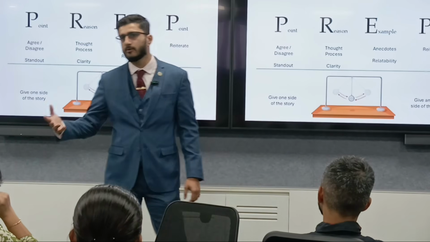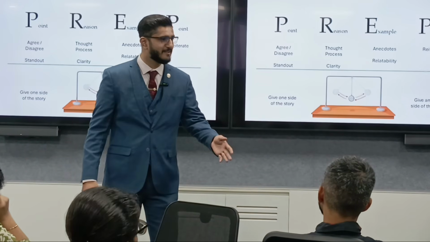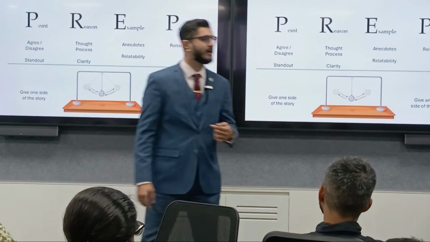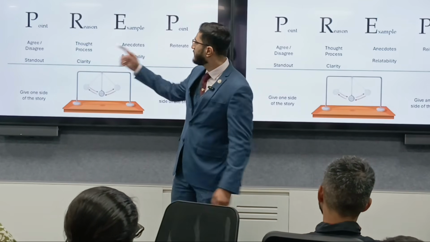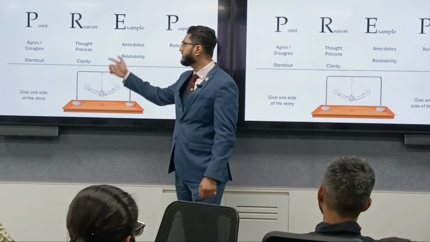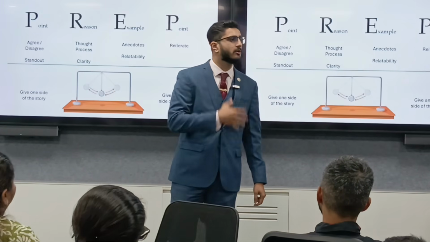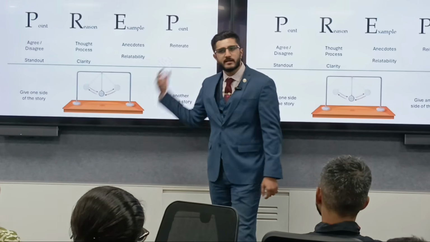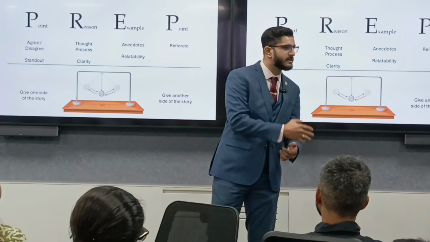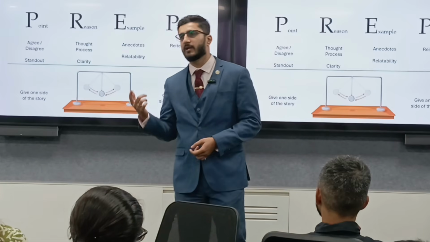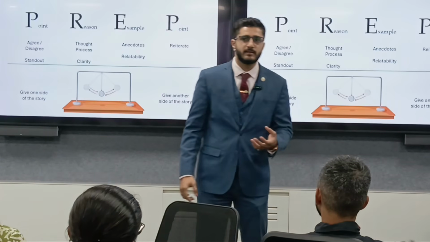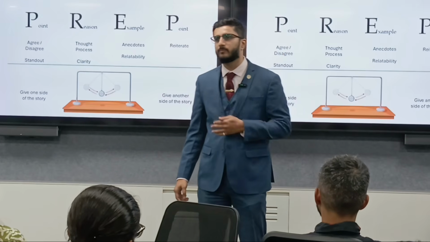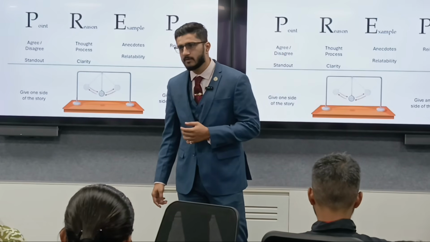Even when your parents tell you don't do this or do this, you will counter them, why, and then you will require a reason for it. So once you have agreed or disagreed, give a reason, share your thought process, why you are saying what you are saying. The third thing, share stories, because reasons and points connect to your brain. But stories elicit emotion, and it is the emotion that helps you connect with people, right?